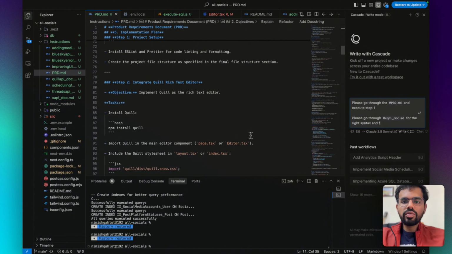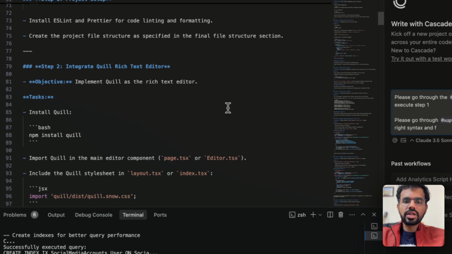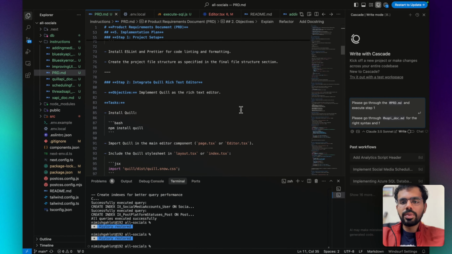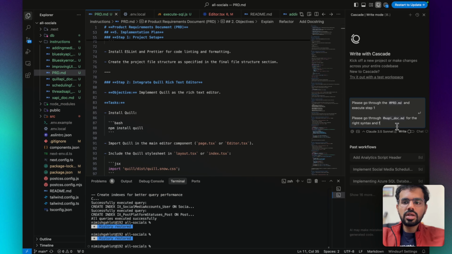The thing is that over here, you would have to use your judgment while referencing the docs, because if you reference all the docs every time, it would just hallucinate. The agent would hallucinate because it will have a lot of information, and it won't be sure which document is important here and which is not. So that's why it's important that you reference the right files every time.